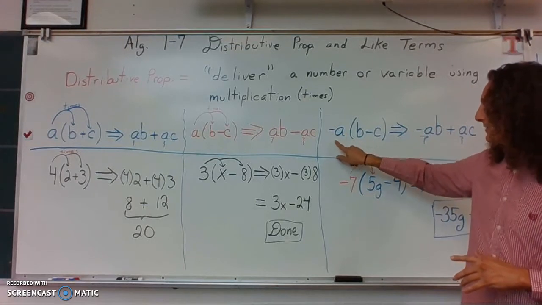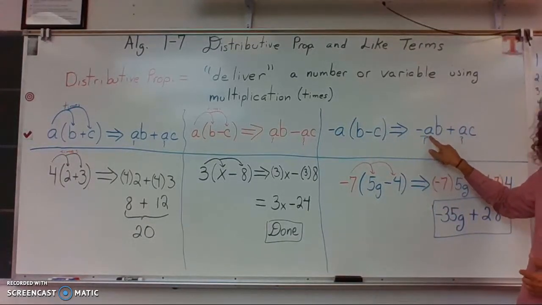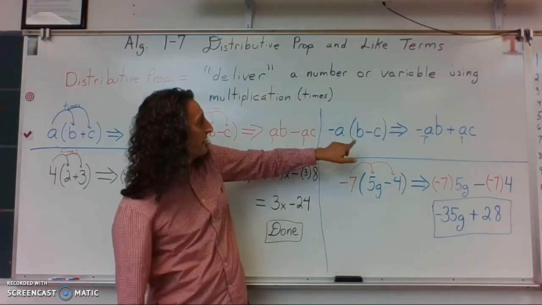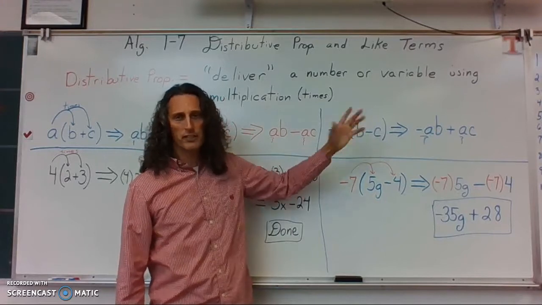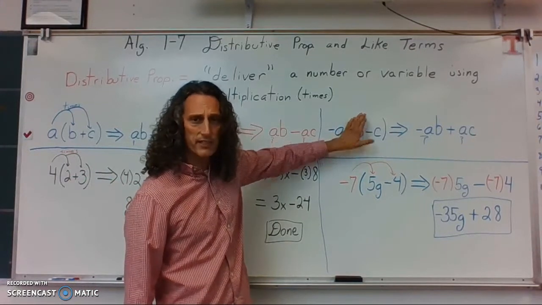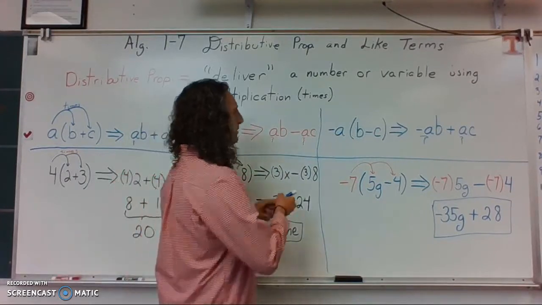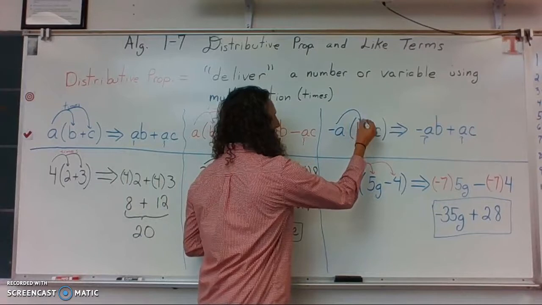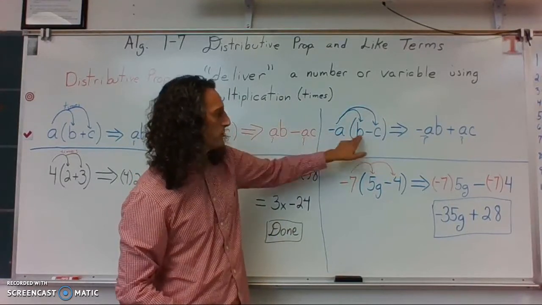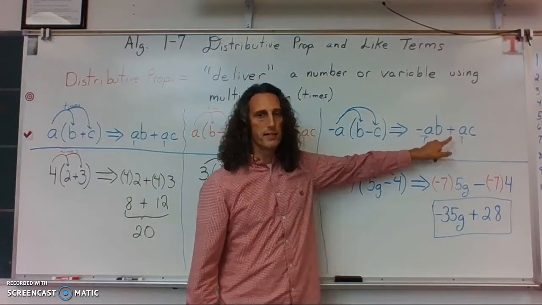Because if you go negative times this letter B, which appears to be positive, I get a negative AB. Right? But where it gets tricky is this is a negative C. Now it looks like minus C, like this one does. But if you were to cover up the B, see how it looks like a negative C? So when I go A and I distribute it to the negative C, right, I distributed it to the B, I'm going to distribute it to the C. Well, two negatives when you multiply become positive,